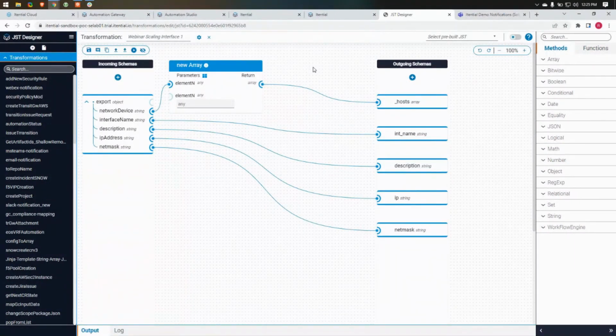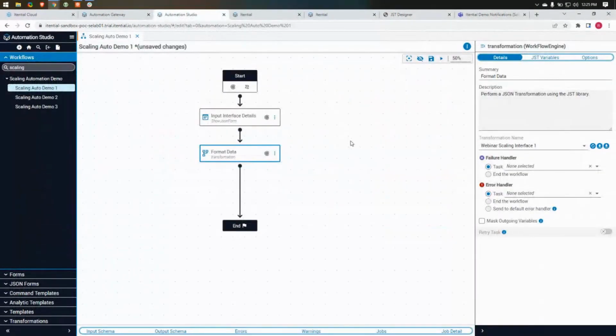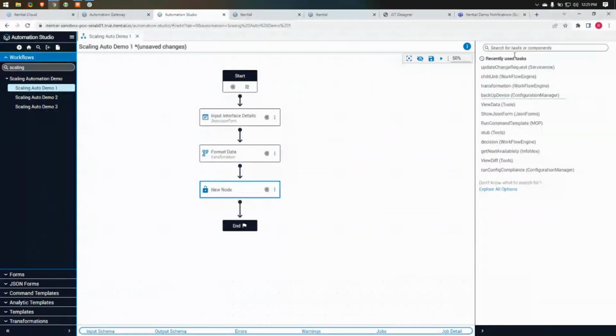It's not that difficult to understand. I think we present it in a really unique and beneficial way. And if you actually look at trying to do this in code, it's not fun, it's not easy, and it basically becomes a job unto itself. So those are the two steps. What is the step that we're missing? Where's our Python script? So I can simply add this node here, and then